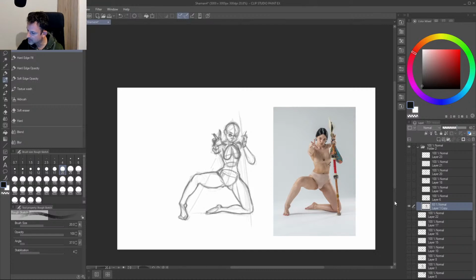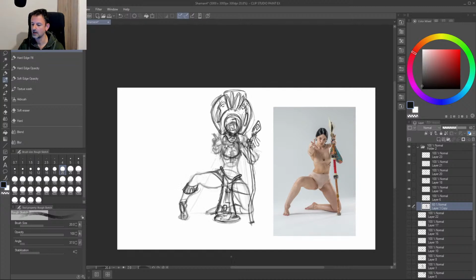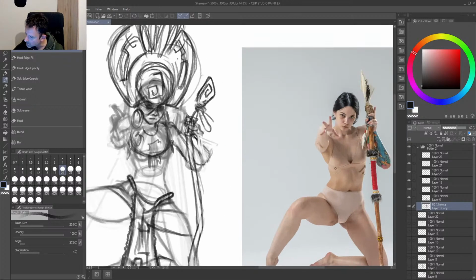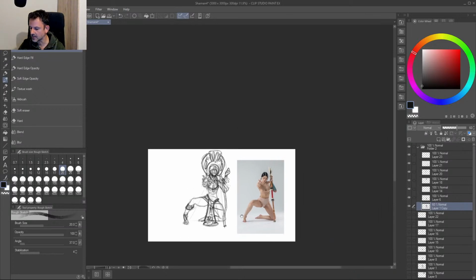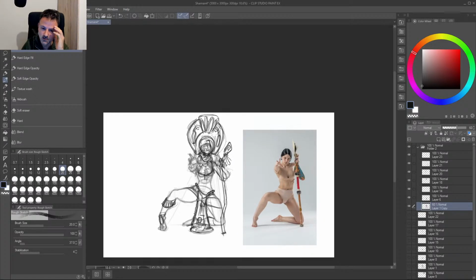Then I lower the opacity and then I try to apply, as you know, the different clothes, right? I'm not going to the details unless I figure out a lot of the elements of the anatomy in the picture. Like for example, here you can see lats are here, right? Already it's an indication, and this is how I apply anatomy. And also this is how I stylize it here then, right? All right, I think the design is pretty much at the point where we can just go and